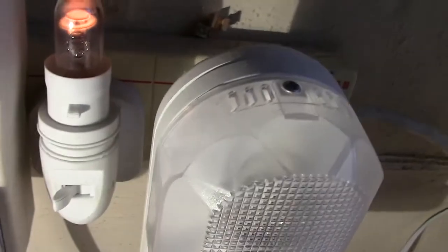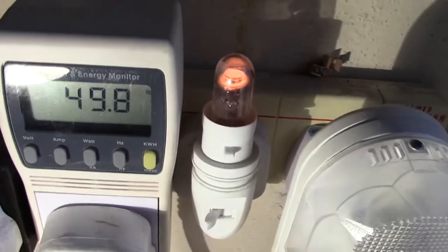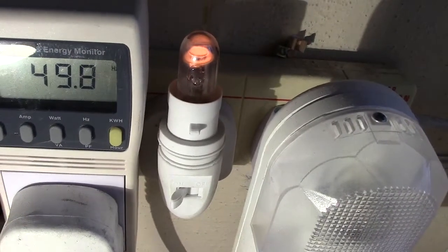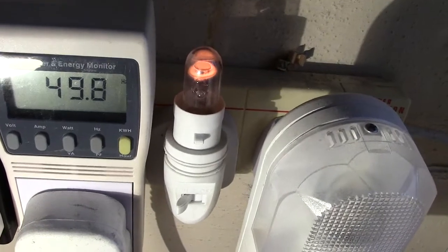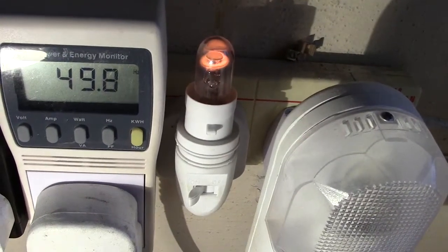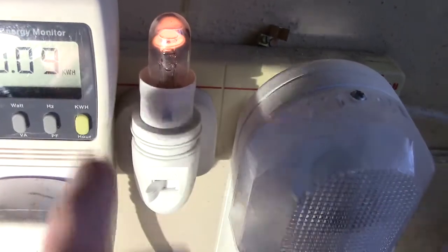Anyhow, I waffled off the subject. That was the frequency, so it should read, as I say, 50. Well, it's nigh on 50, it's 49.8. If we took it up to the nearest number, it would be 50. Kilowatt hour